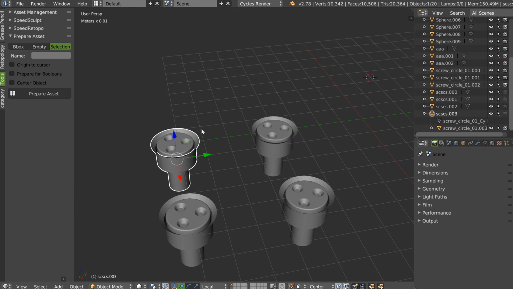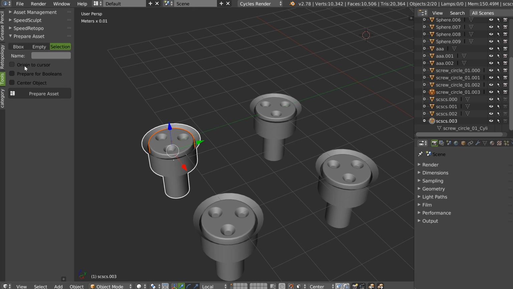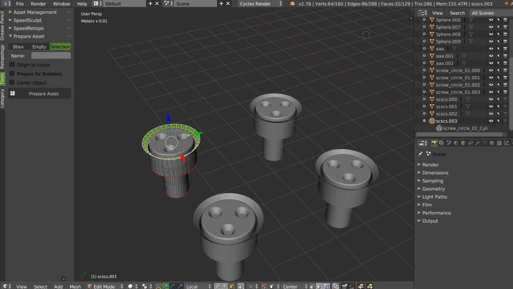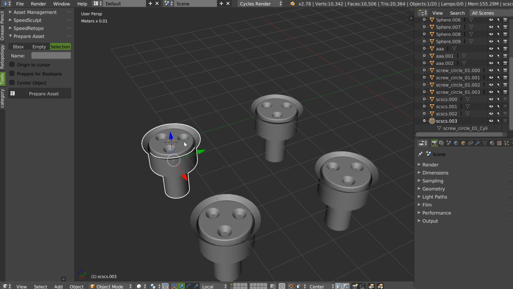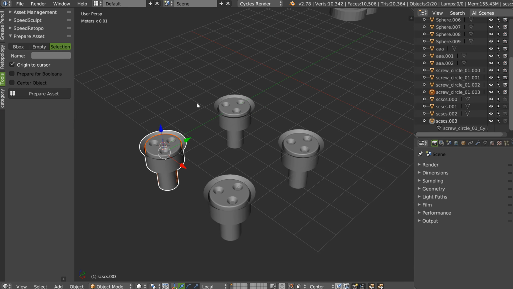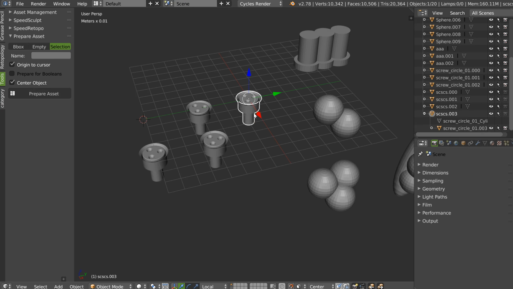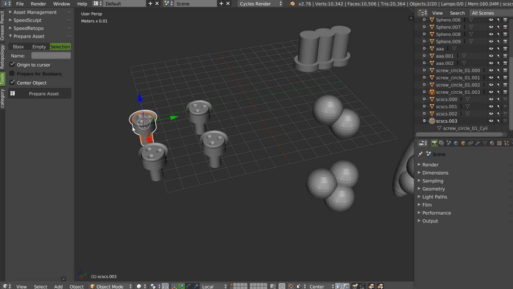I will undo this. You can place the origin on the cursor. For example, if I want my origin here, I will select this, origin to cursor, and I have my origin at the cursor. I can choose center object. This is at the center of my object.